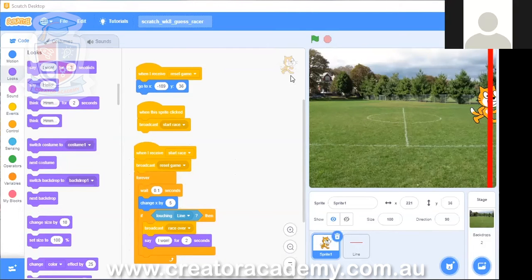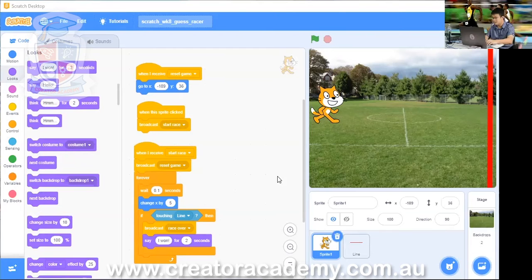Yeah. Is it working? When it reaches the line, it just keeps on going and screaming, I won. Ah, very good. So that is correct because there is one broadcast that we haven't handled yet. Do you know which one we haven't handled? To stop? That's right. So that's the race over broadcast. So we are going to do that afterwards. So after it runs off the edge, then you press the flag again, and then it will go back to the start. And then we'll handle the race end. Okay. Well done.